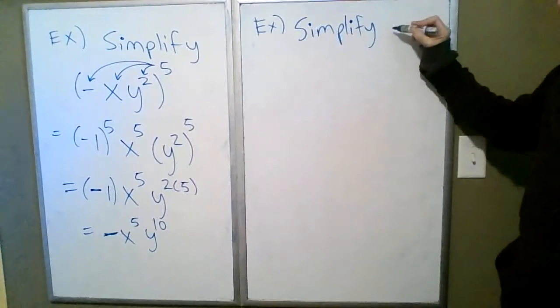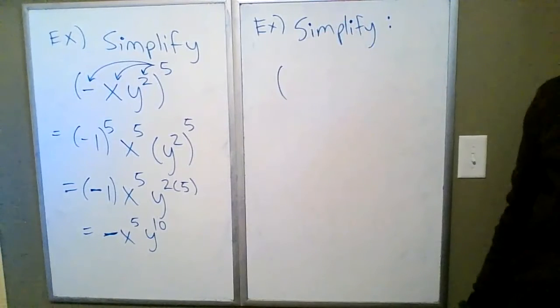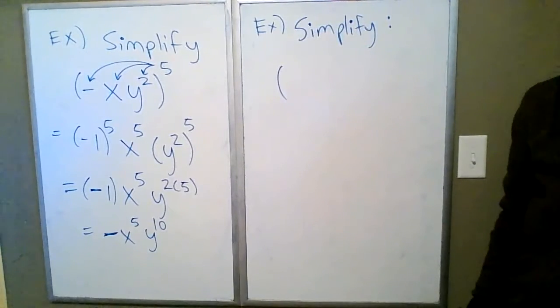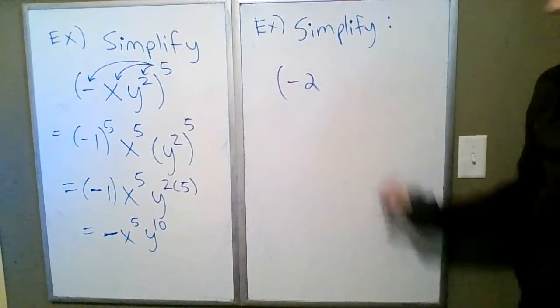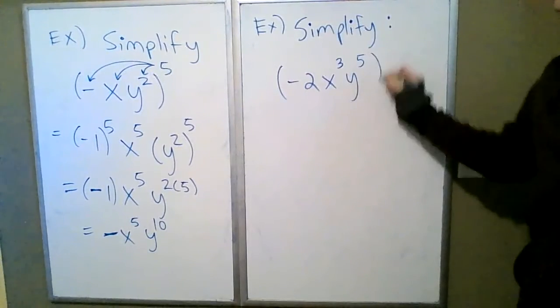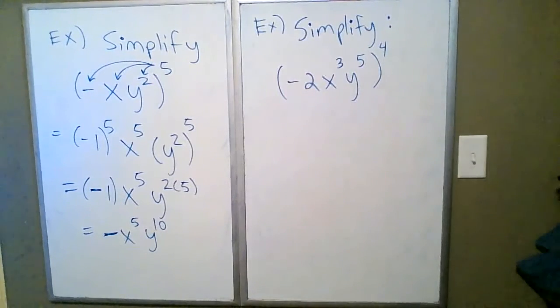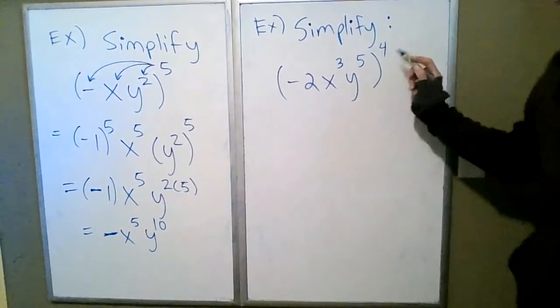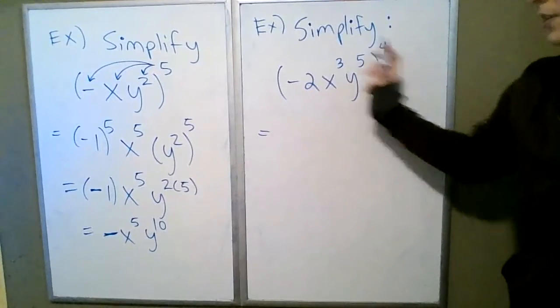So, do -2 x cubed y to the 5th, and this has a power of 4. It's fine if you want to have -2 with power 4, but I'm going to split it up even further as the